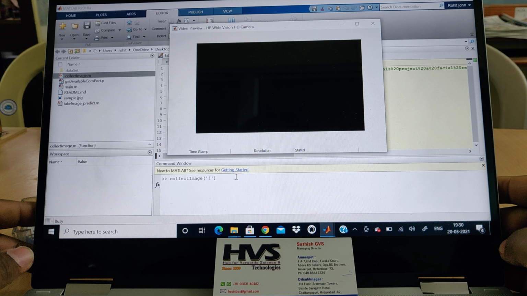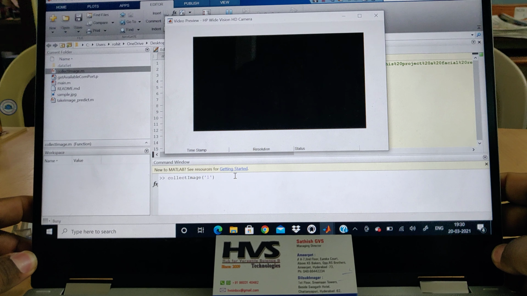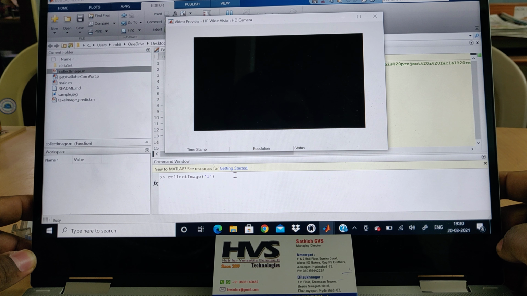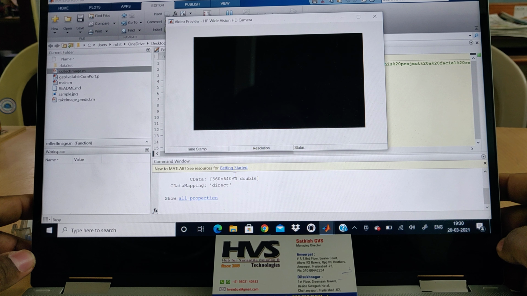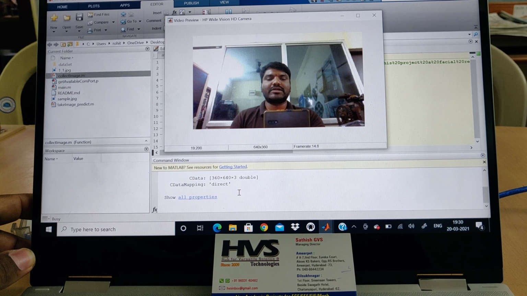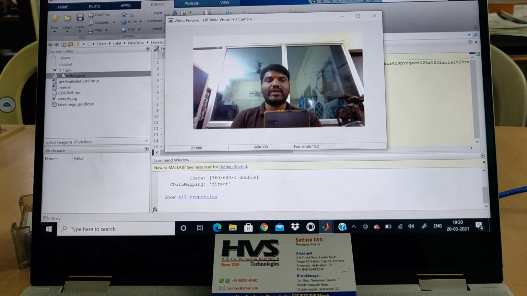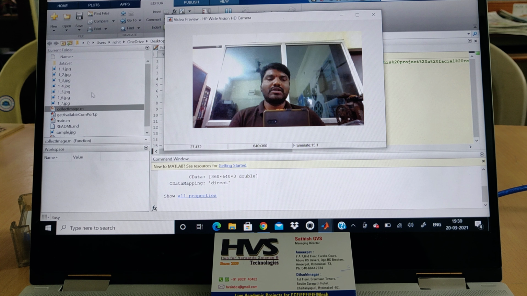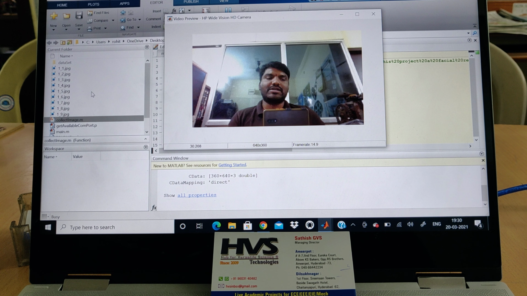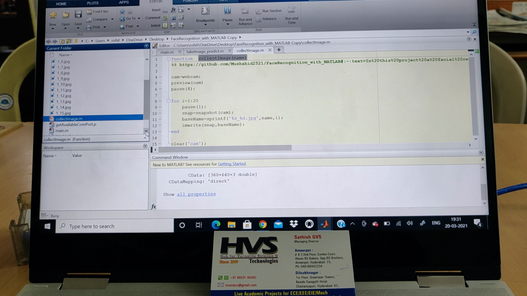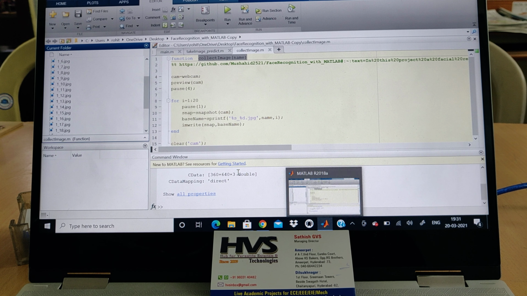While capturing the images, we need to present different angles of the face and different expressions so that it's easy to get the accuracy. So it keeps on capturing. We can see the captured images in the side window, like 1_1, 1_2, till 20 images will be captured from this program. After 20 images are captured, the dataset is done and then the window will be closed. You can see in the side window, 15 is captured. Once 20 is completed, the window got closed.